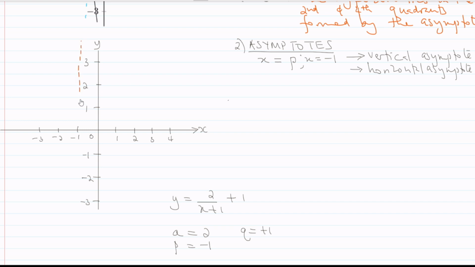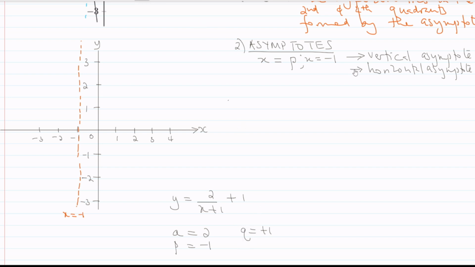We use a broken line. Okay, I will use it freehand here. So the line x is equal to -1 is on the left of 0 here. And then the value q